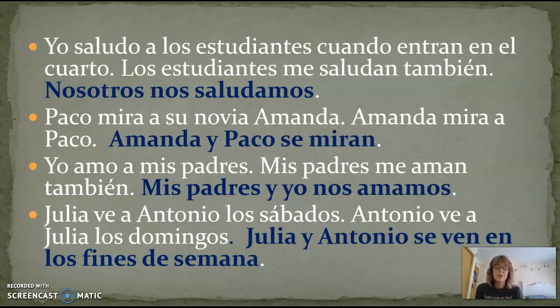Okay, so just to finish, way back when, in 101, I think we learned the goodbye, actually, nos vemos. Do you see it? Nos vemos. We'll see each other, right? When you learned that phrase, nos vemos, that's what you were talking about. You were talking about this very thing right now, this reflexive kind of nature. So, we'll see each other. Nos vemos. Nos vemos.